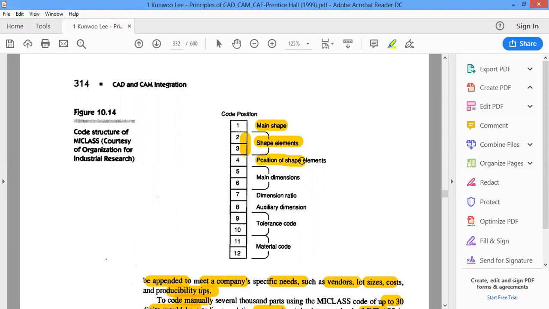The position of the shape elements is the fourth, and the fifth and sixth digits are the main dimensions. If I have a cylindrical shape, what's the diameter and height? And the dimensioning ratio is the seventh digit, then auxiliary dimensions. If we have any steps and other things, they are indicated here.